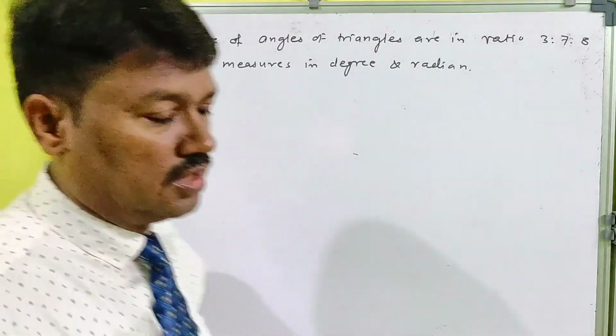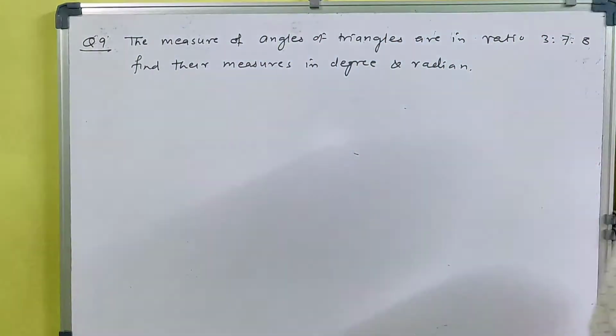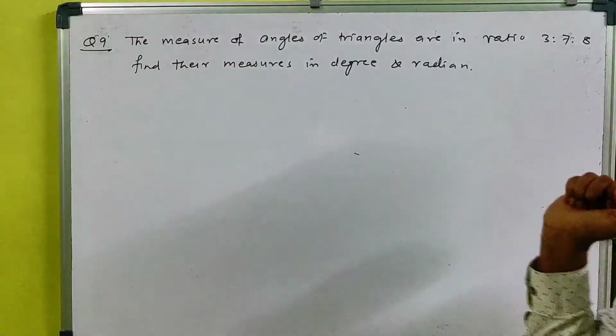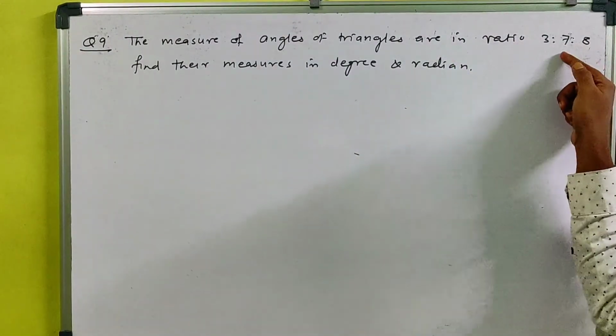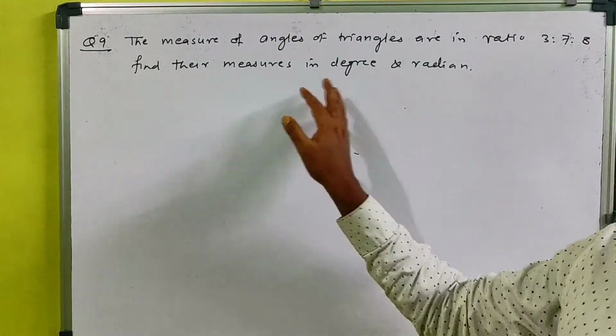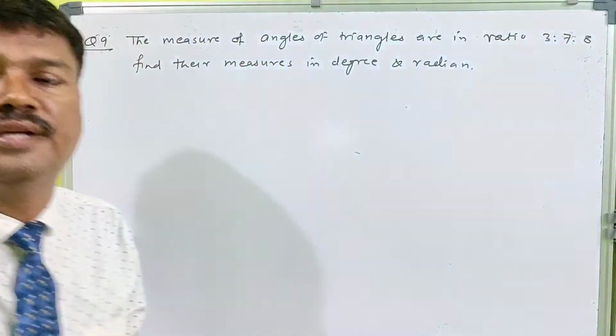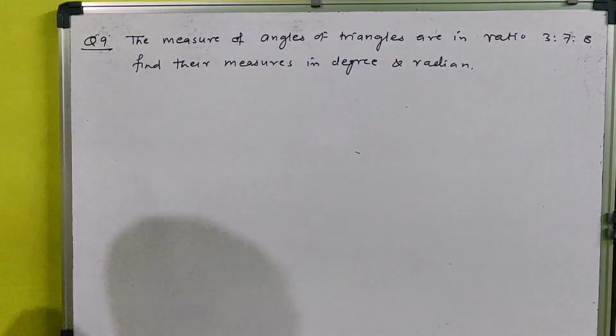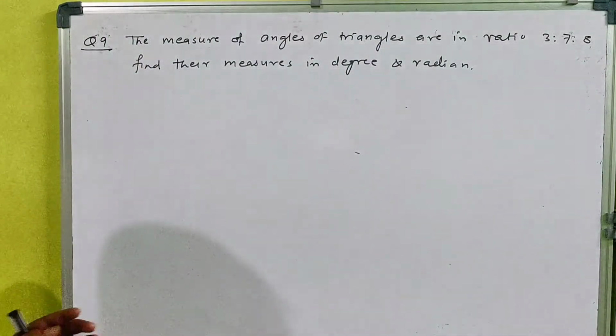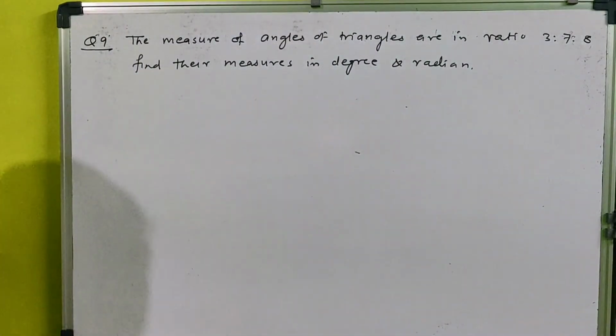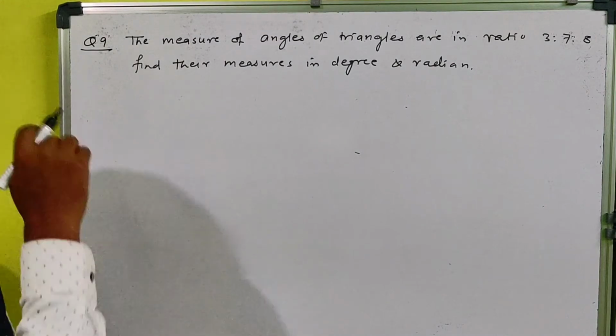Yeah, so next question. The next question here is question number 9. क्या दिया है इसमें? The measure of angles of triangles are in ratio 3:7:8. Find their measures in degree and radian. The question is find their measures in degree and radian. So how to find this? The measures in degree and radian अगर हमको find करना है तो